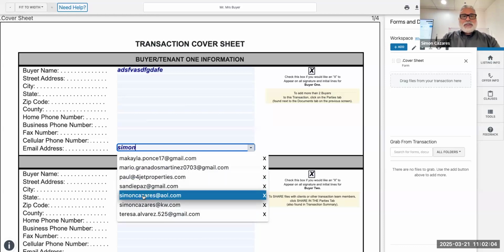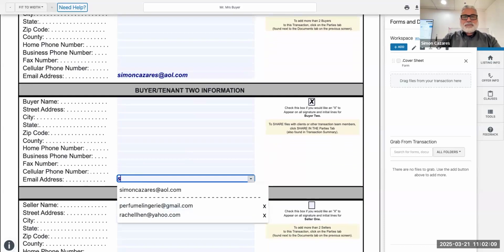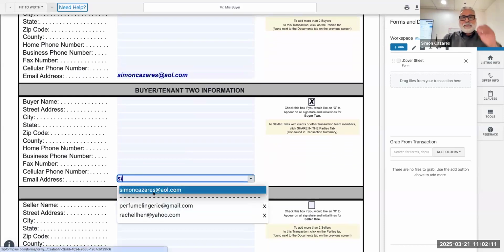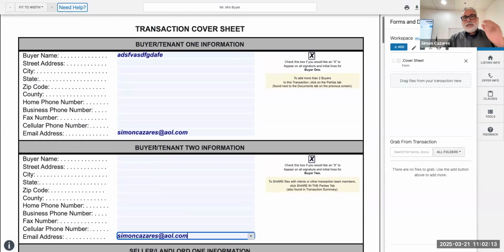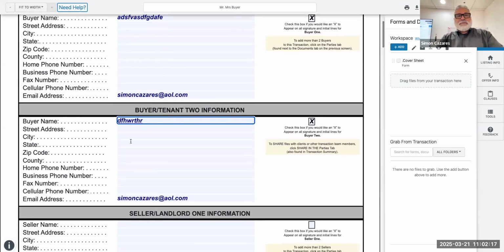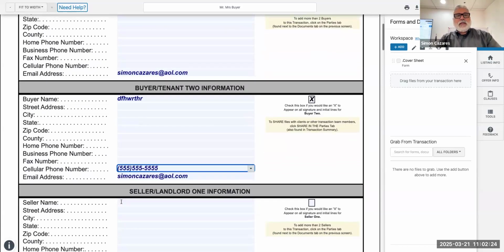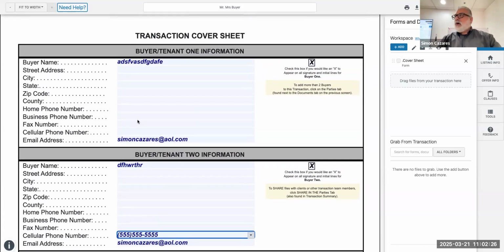So I'm going to use myself as an example. Okay, there it is. So as long as you have this information and their phone number, okay, then that's all you really need to prepare,